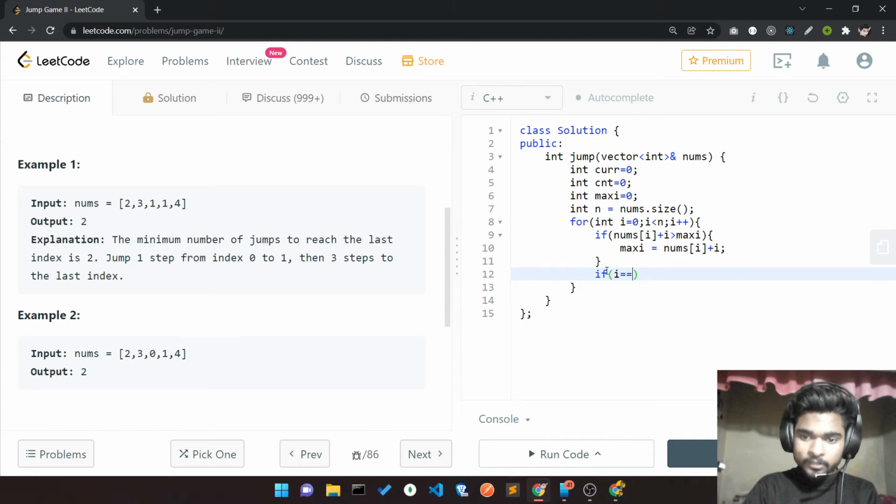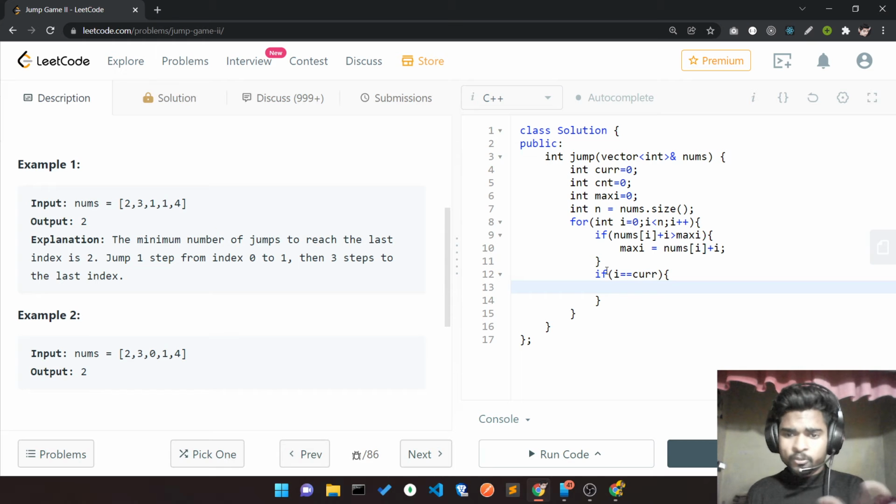This computing index is equal to my current position. If I jump from here, I'll take the maximum jump, and where I take the maximum jump represents my current. Initially my current is equal to 0, because there is no pre-computation value in the starting case. So that's why.